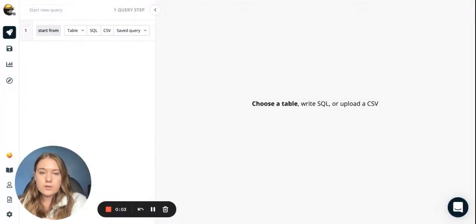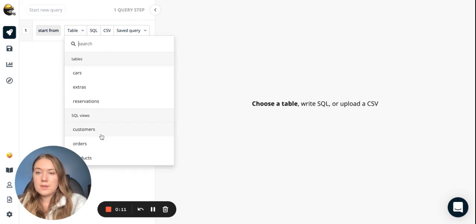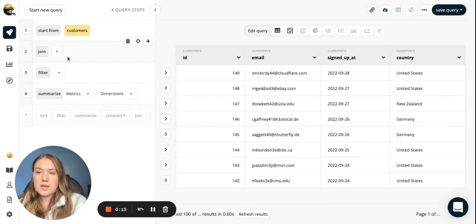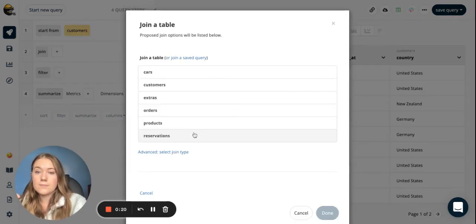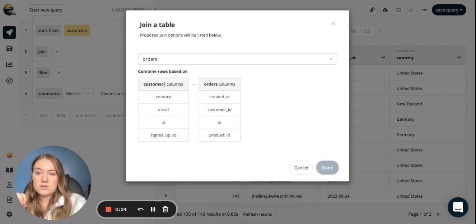In this video, I'm going to run through the types of joins that are available in Trevor and how those work. So we're going to start with a table. And joining another table on just means bringing the data from both tables together and deciding what you're going to base that join on. So if I go in here to our custom wizard and I choose our orders table,